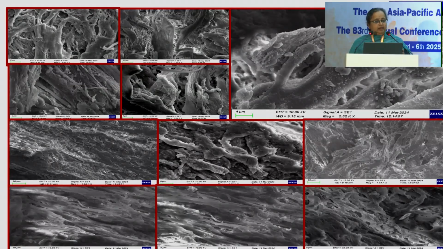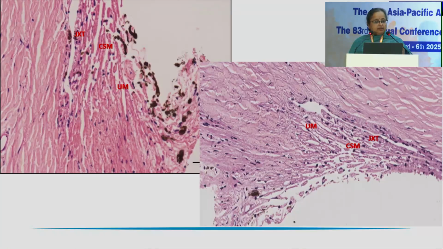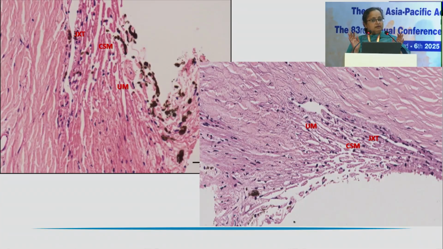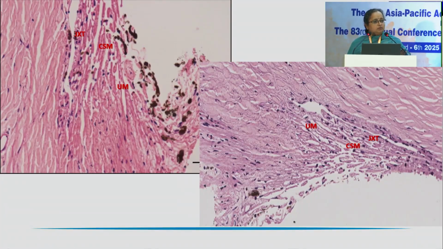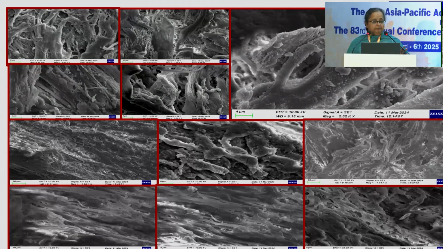But do we understand the trabecular meshwork ultrastructure differently? The question that arises is, if these are the three parts, all that we know is the juxtacanalicular tissue is a region of most resistance, but what is the role of the CSM, and what's the role of the uveal meshwork? This question always pops up as to what those tissues are doing. Why has nature given these three filters in the eye? What is their role? And are these three regions affected differently in different types of glaucoma? Logically, theoretically, yes, they should be affected differently, but we don't know.